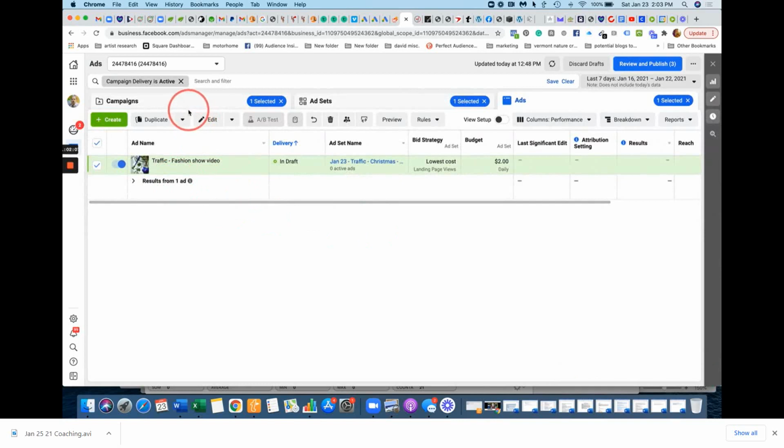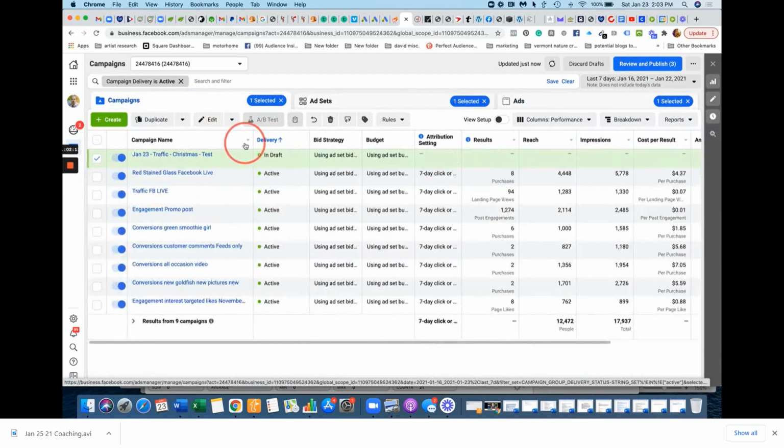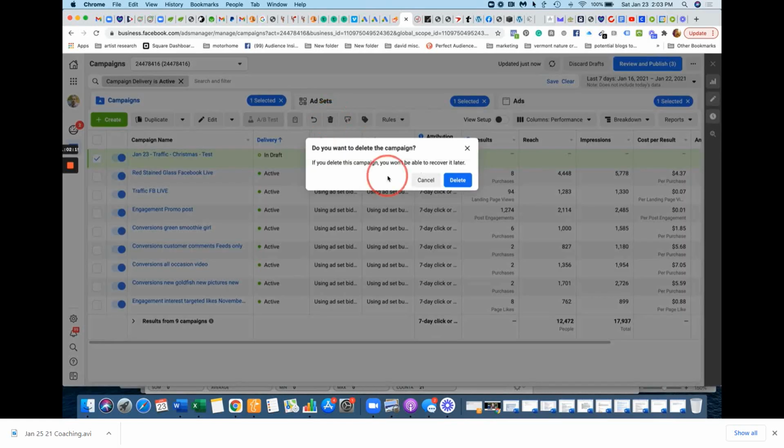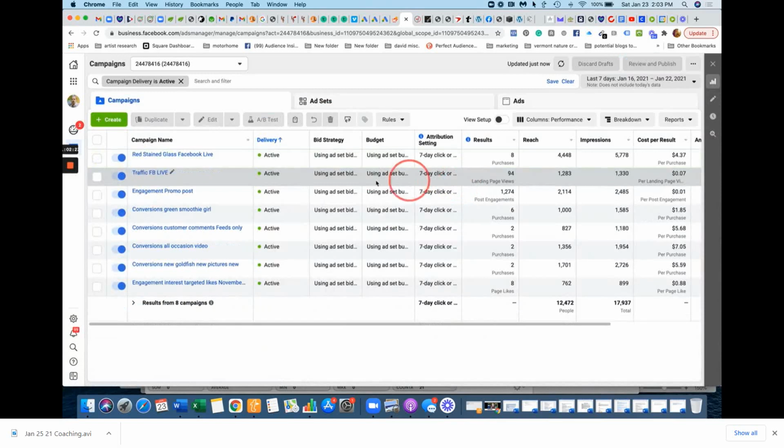And let's go back to the campaign level, this tab right here. Let's take this one as a test, and let's delete that. Okay, so I'm going to delete that campaign. That's how you would delete a campaign, by the way. You just check its box, go up here to the trash barrel. Okay, so now let's create